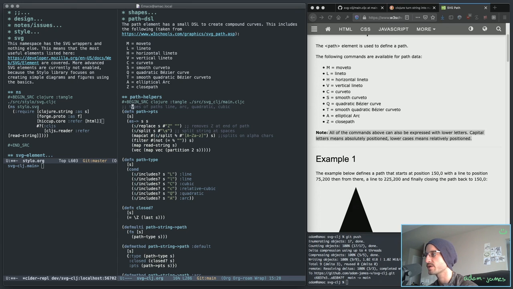Types of paths: line, arc, quadratic, cubic. Okay, so